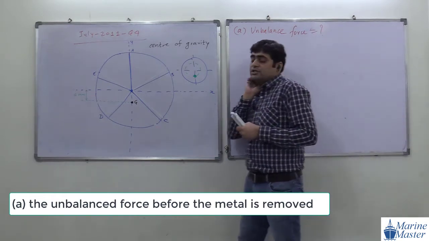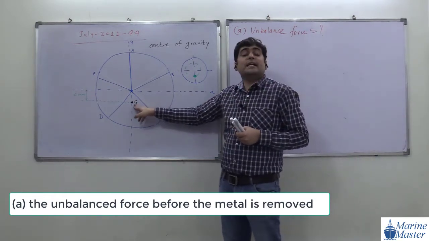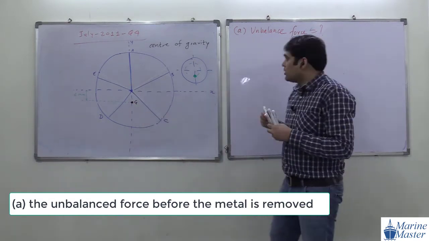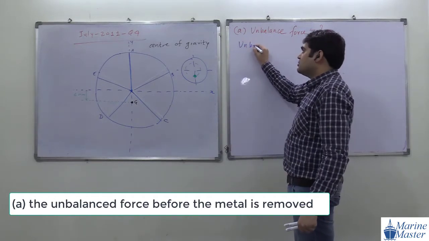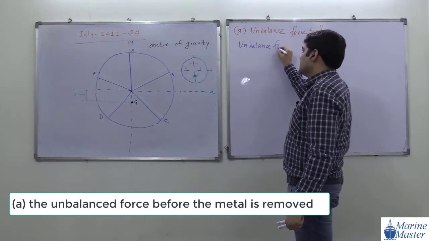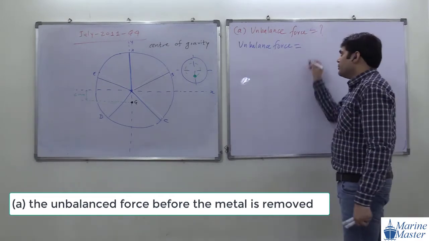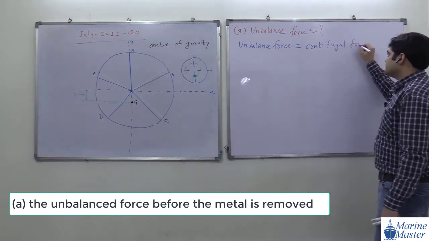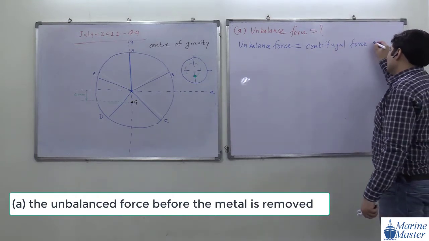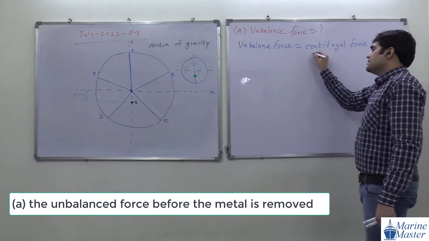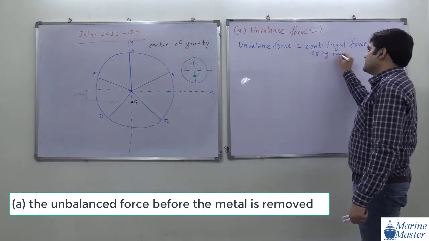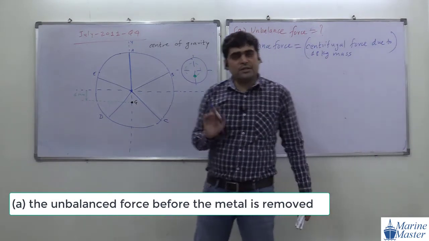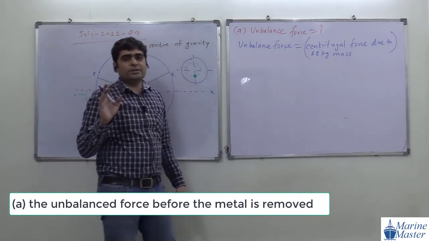And here the unbalanced force is created by what? The shifting of this 18 kg mass. Earlier it would act at this location, now it is shifted from here. So what will be that unbalanced force? Everyone try to see the point. The unbalanced force is the centrifugal force due to what, guys? The 18 kg mass. Okay, are you getting my point, everyone? Anyone have any doubt in this discussion?